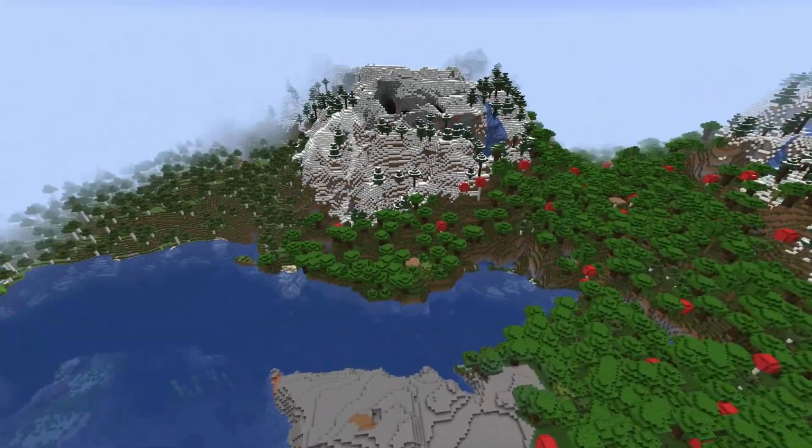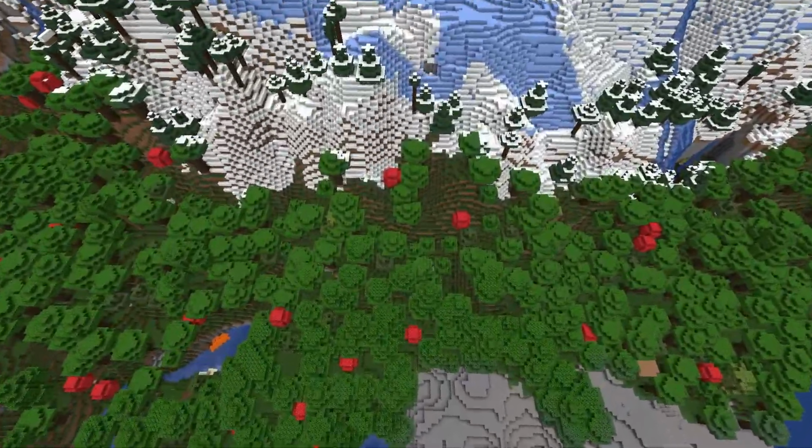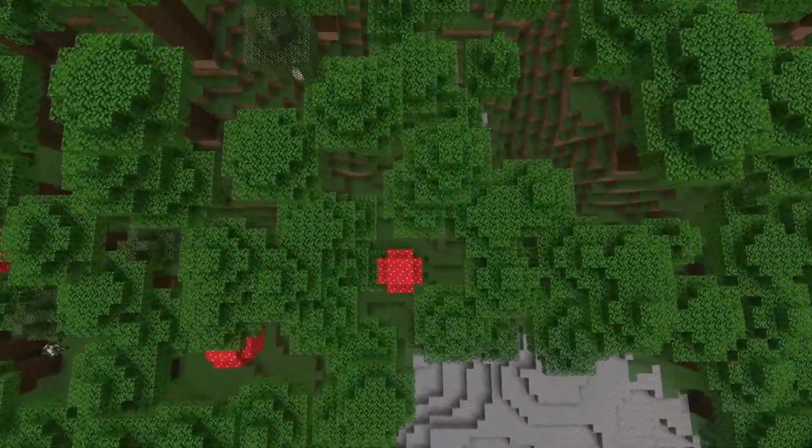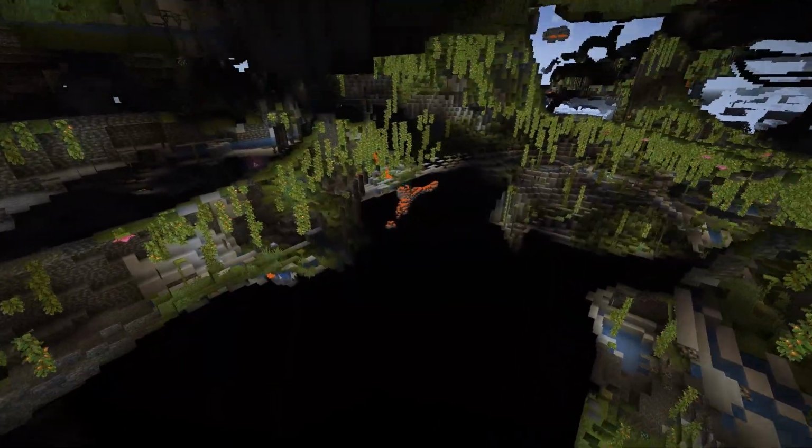But what you're going to want to do is go to this kind of foot of the mountain thing, right? And we're going to go right here. And we're going to dig straight down. Now, the coordinates should be on your screen. And you're going to find yourself a beautiful, lush cave. Now, if you eventually wander around the lush cave, you will end up in...